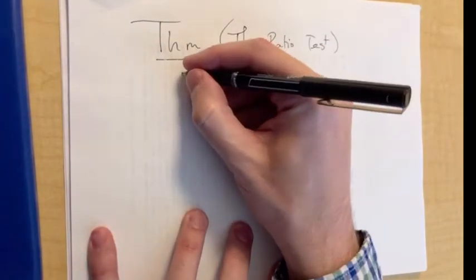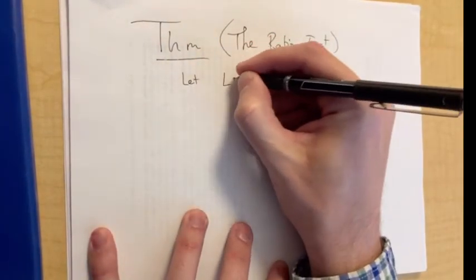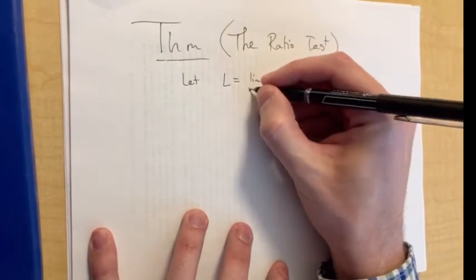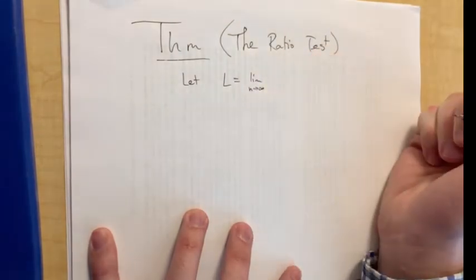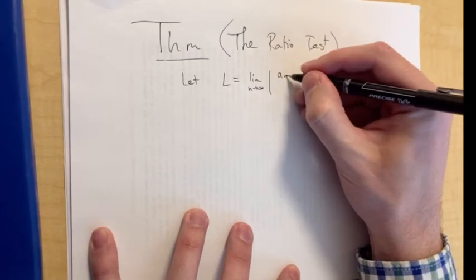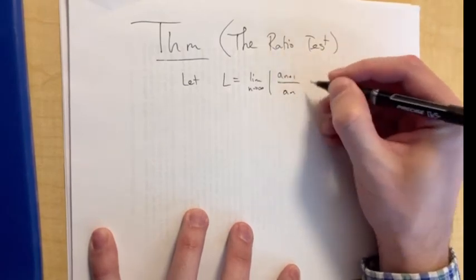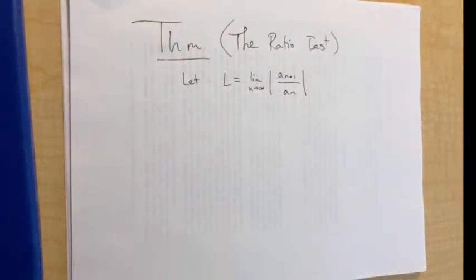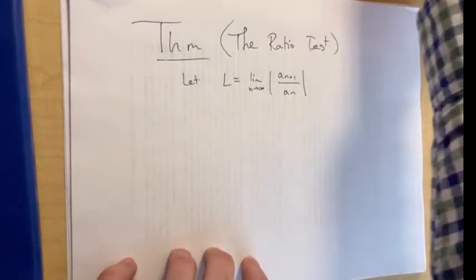The ratio test. It is about the limit of that ratio. So I'm going to say let L equal this limit: the limit as n goes to infinity of the absolute value of a_{n+1} divided by a_n. In a geometric series, those values are always the same, but ordinarily they are not, but you can still take the limit. Now, this limit might not exist, and if it doesn't exist, then you just can't use the ratio test. Anyway, what it says is,